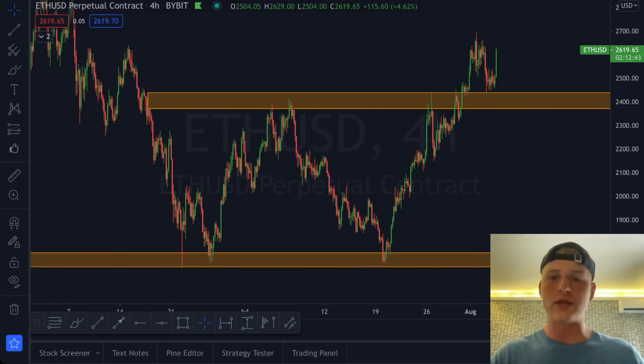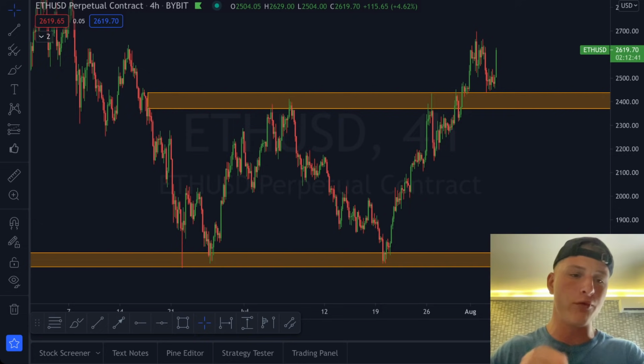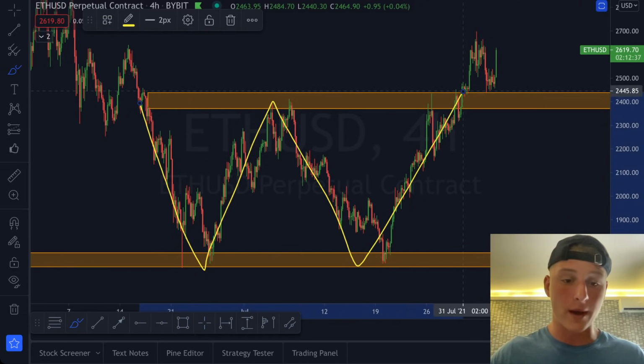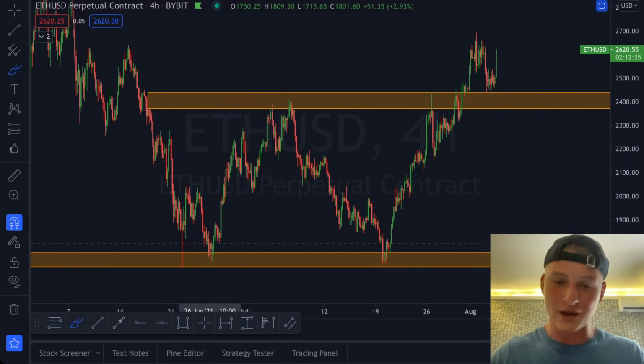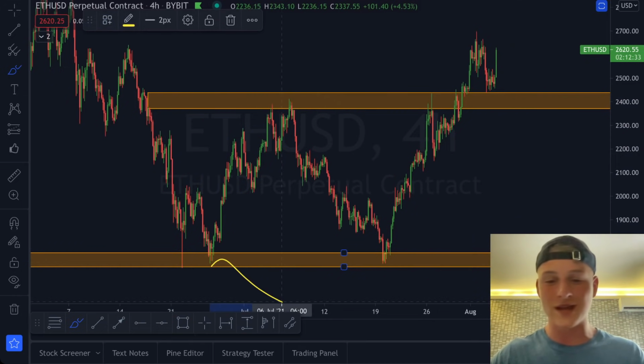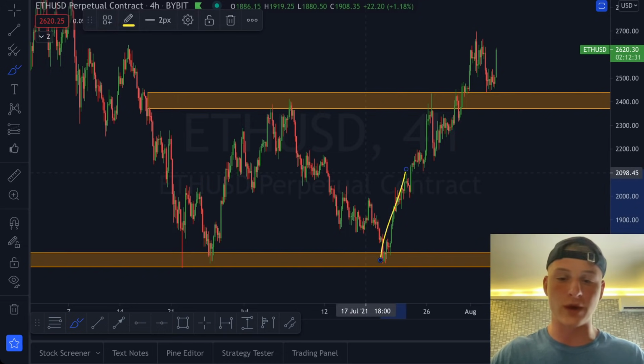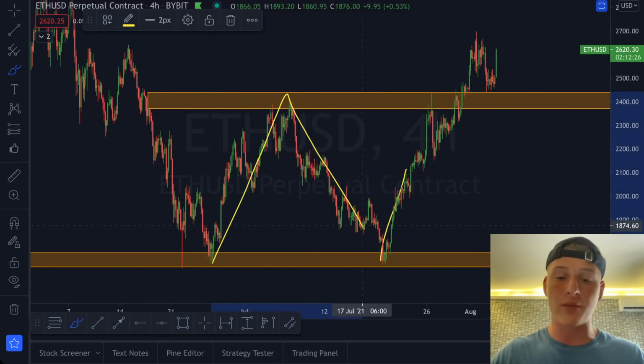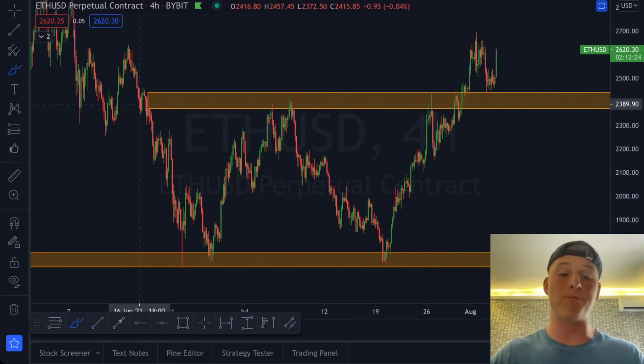Since, of course, what you can see right now here is that we created a W shape over here, a double bottom, and I've literally longed the $1,700 twice. Unfortunately, I already closed my trades here, at $2,100, and this one also around $2,000. So I ran these trades twice towards the upside, and right now, of course, we saw